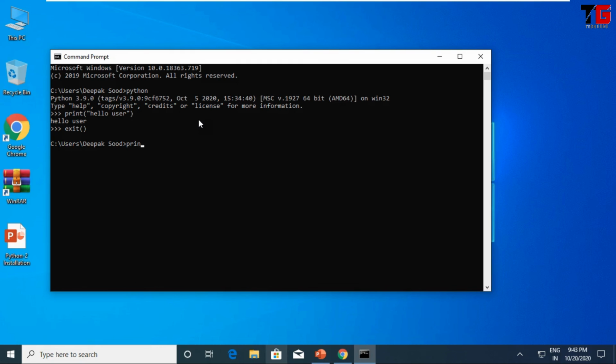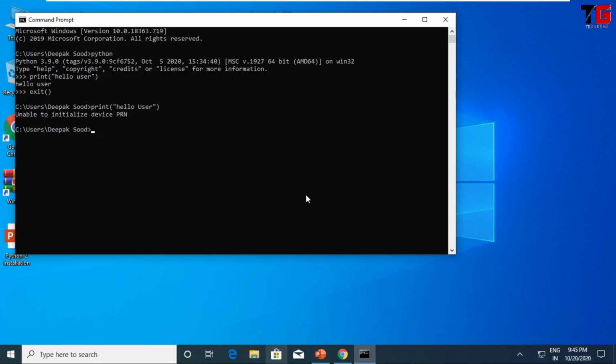If I use the same command here, what will happen? I got this message because now this command is not considered as a Python command because I am not in Python. Friends, if you want to check the version of Python that is installed on your computer, you can use this option. Just see, Python 3.9.0. It means this particular version is installed on your computer.